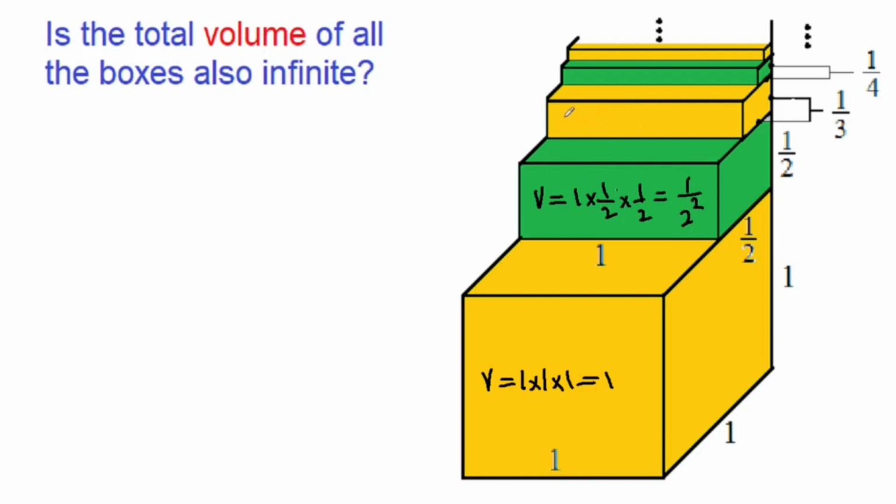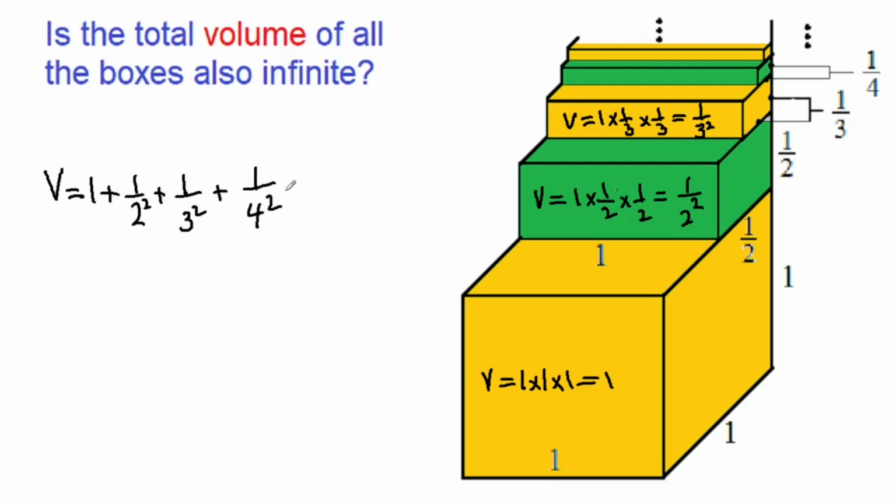And the box on top of that, if we keep going, has volume 1 times 1/3 times 1/3, or 1/3 squared, 1/9, and so on, 1/4 squared above that, 1/5 squared, and we get a series for volume. We get an infinite series that looks like this: 1 plus 1/2 squared plus 1/3 squared, and so on, 1/4 squared, etc. This series happens to be convergent